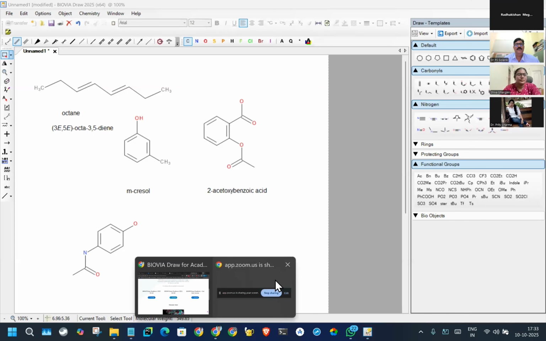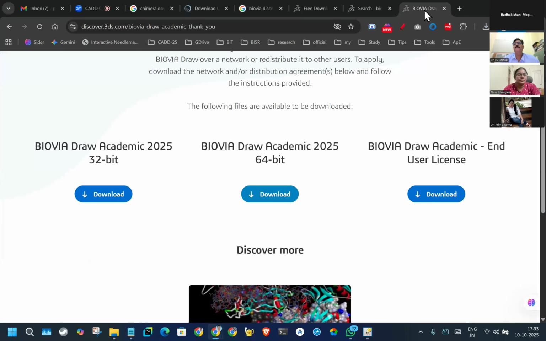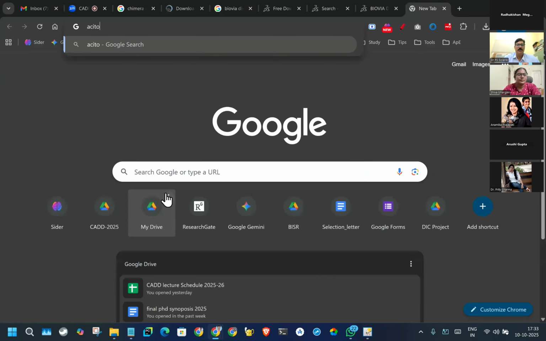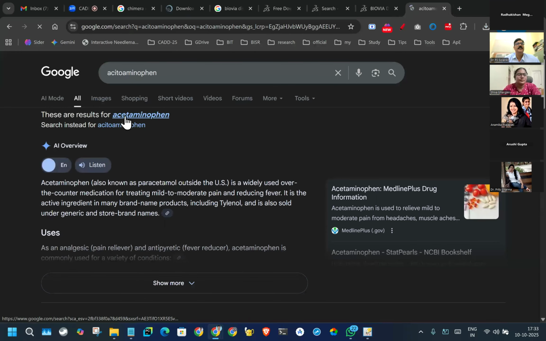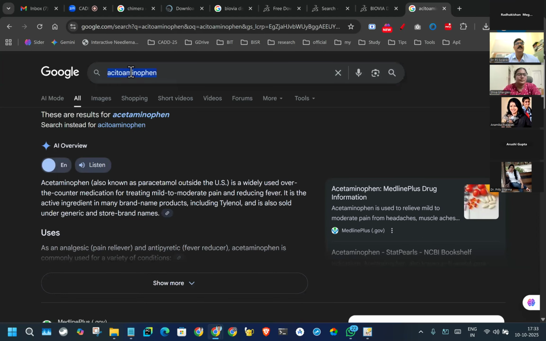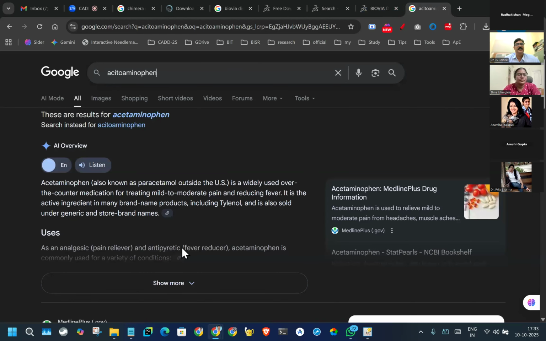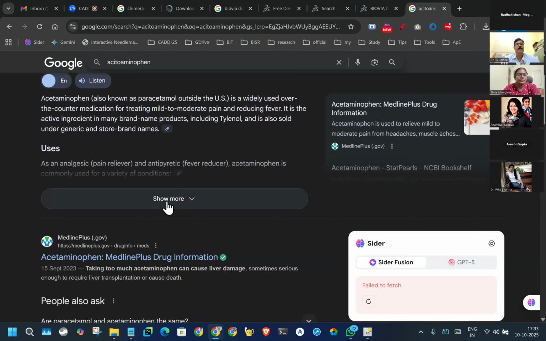The chemical name of this is acetoaminofen. So you can see, acetaminophen. Okay. Copy. यूएस में ये टाइलिनोल के नाम से बिकता है।